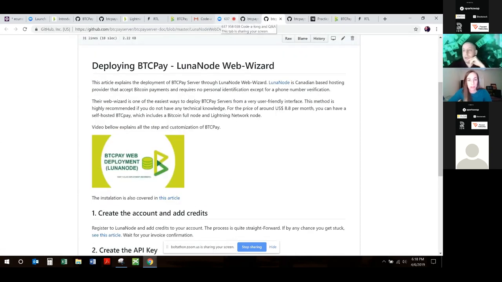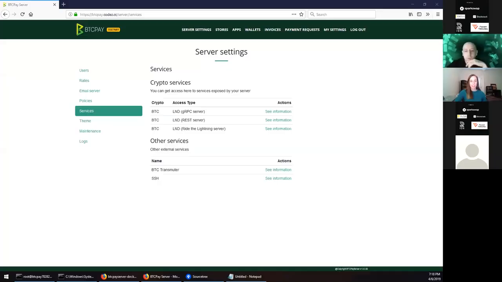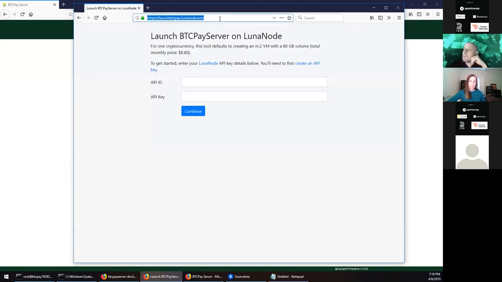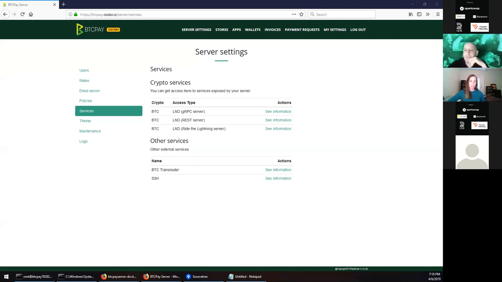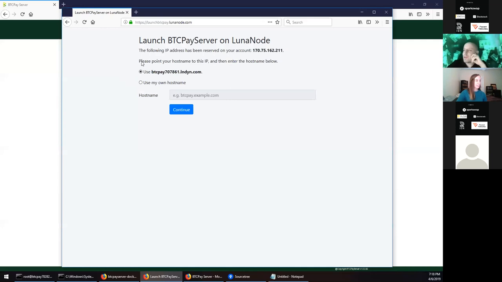Yeah, and I honestly love that setup for development. As our time is limited, we can't show everything, but one of the most important things I think we should demonstrate is the launching of the node, and let me show you exactly how easy it is. When you visit the Luna Node launch BTCPay Server page at lunanode.com, you just need your Luna Node ID and your Luna Node key, which I'll hide. Click continue, and once you enter your API ID and key, you will be given this option of